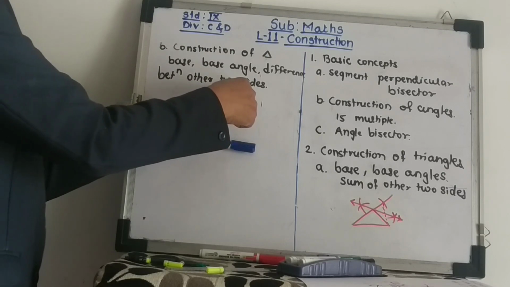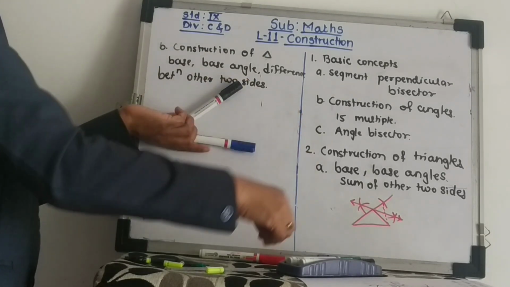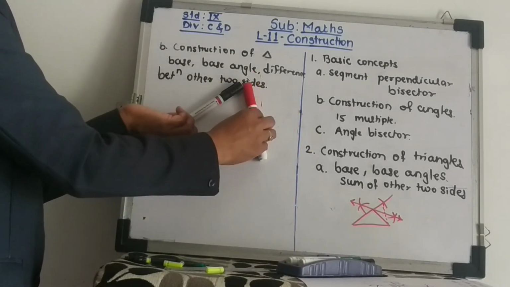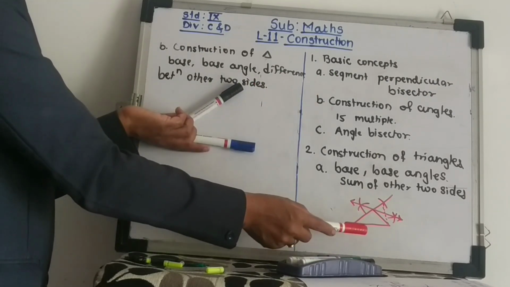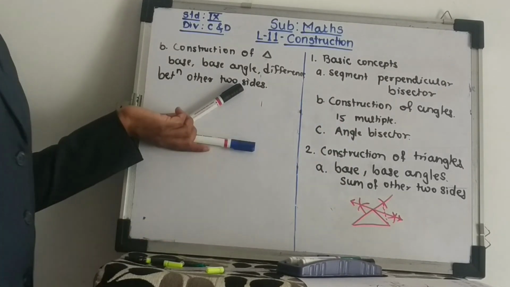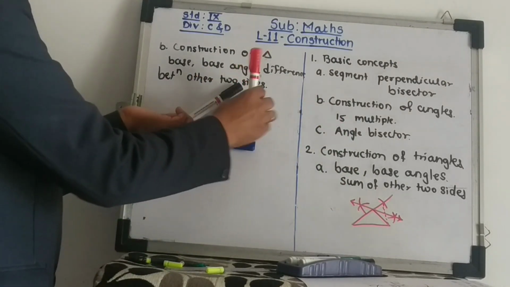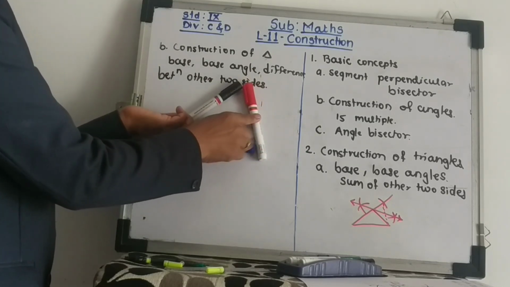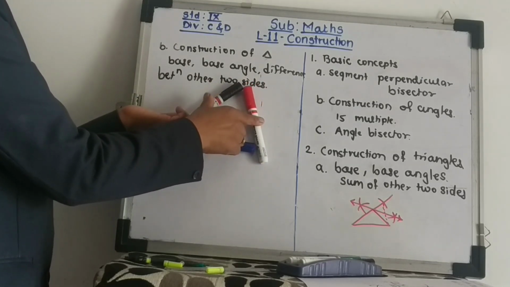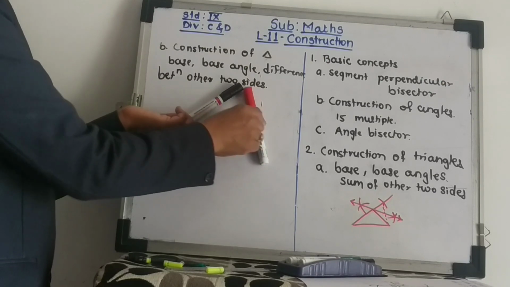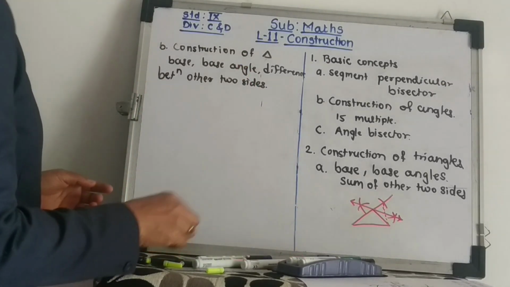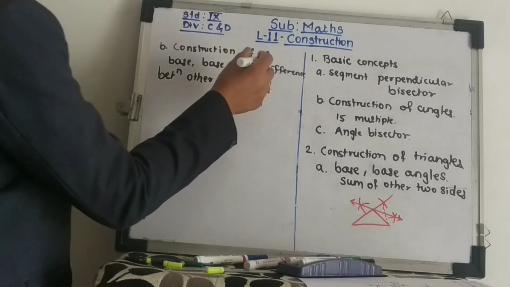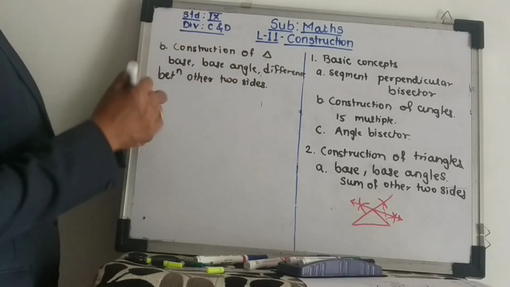From this side, suppose the opposite side is subtracted, right? So that time we will do the construction same as that of the sum of the two sides. When the difference is given, that is, from this opposite side the adjacent side is subtracted, that time we will do the construction towards the downward side. So likewise we have seen these two.